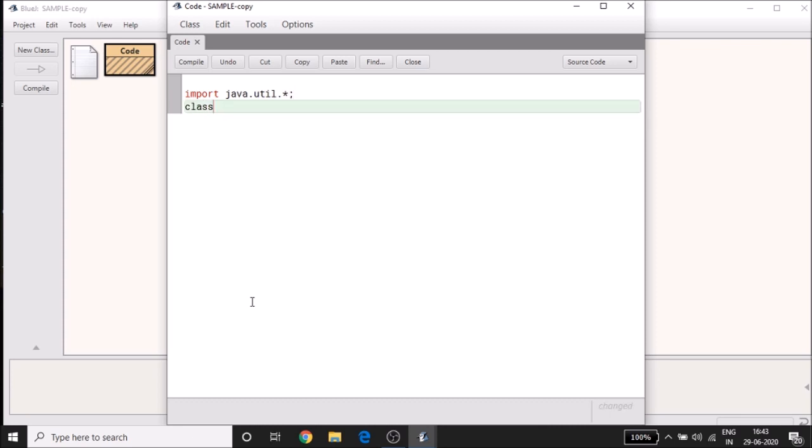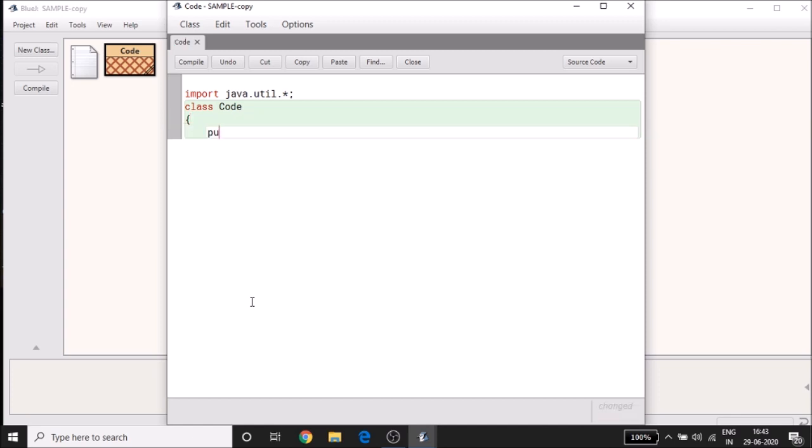Now you type in class and insert your class name. Note that the class name should be same as the class name you have given before. Now hit enter and open curly brackets. If you guys did not know, the curly brackets indicate the start and the end of a block. So right now we are starting the class block.